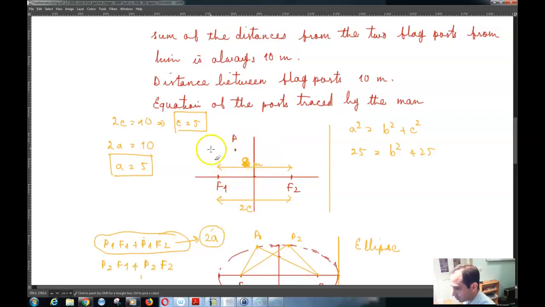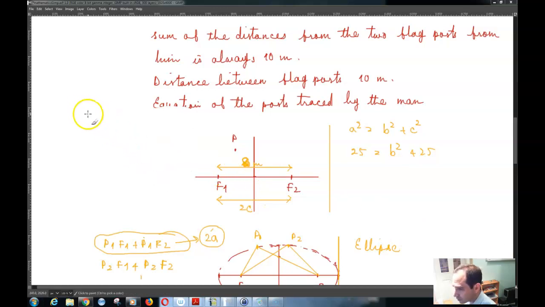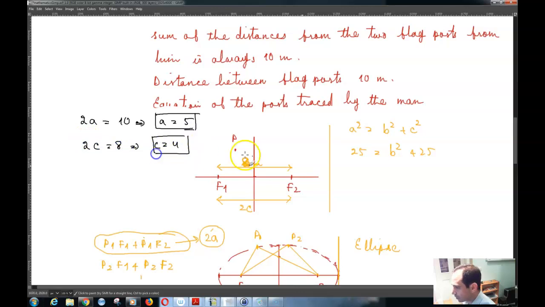So if this is 8 meters, that means that 2c is equal to 8. So basically then a is equal to, what we found was that 2a was equal to 10 meters based on this. So that means that a is equal to 5 over here. And also, since 2c is equal to 8 meters, that means that c is equal to 4. Now